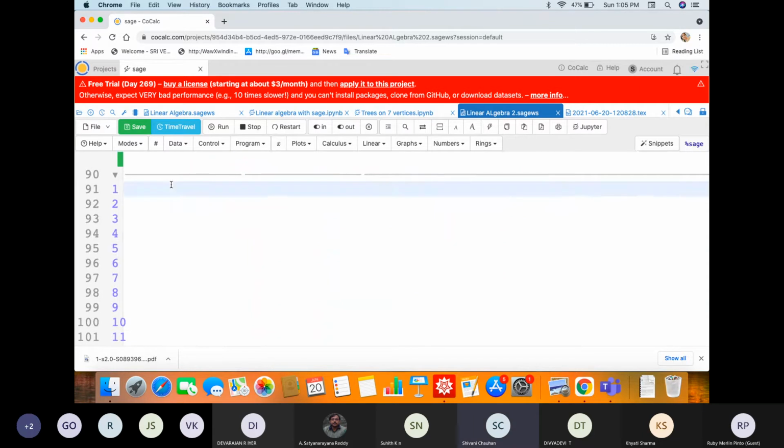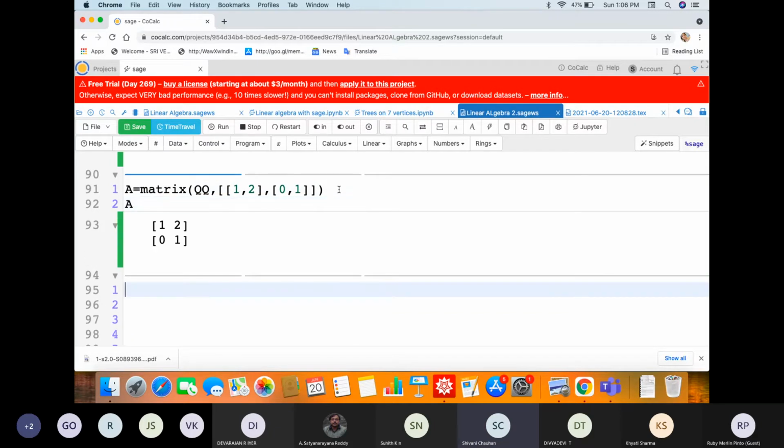Okay, so next we have block matrices. Sorry, yes, I was defining a linear transformation. So let us define a matrix. So this is my matrix.